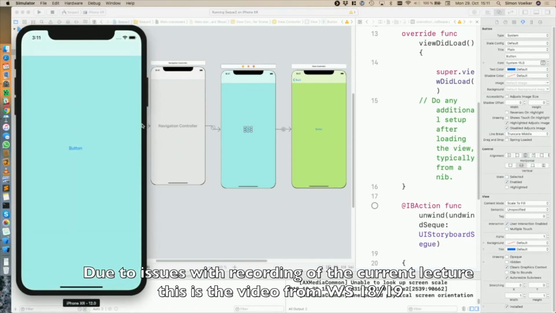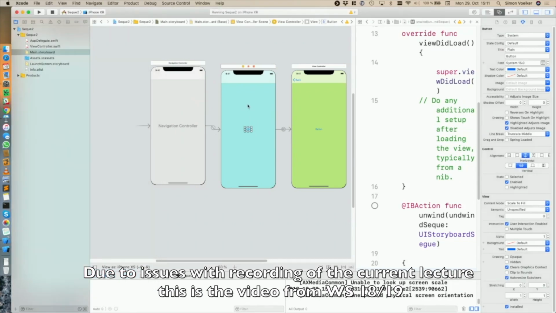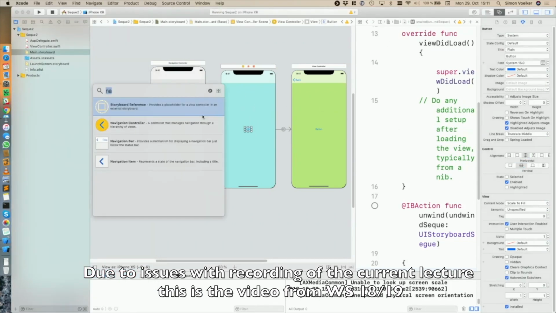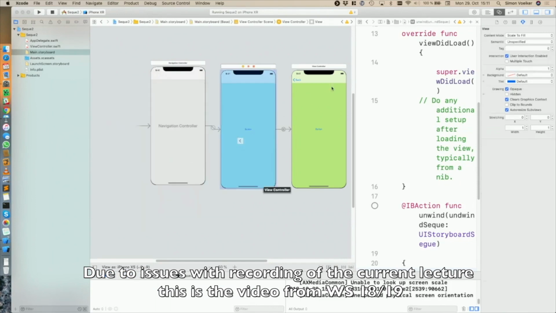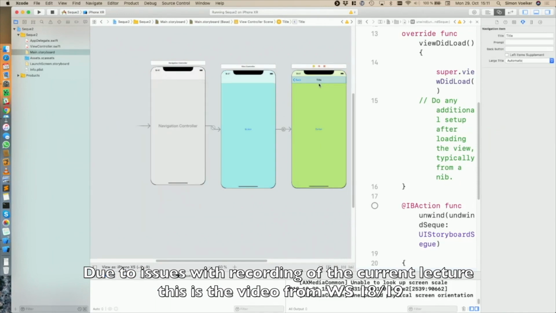So you see, I'm starting with this one, and I'm clicking on the button, and I can say, using this navigation add. And I can add hundreds of them if I want to. And I connect them in the same way to get this information to them. I can also change that. For example, there's this navigation item. So let me put a title in here